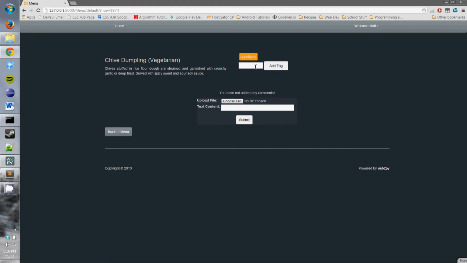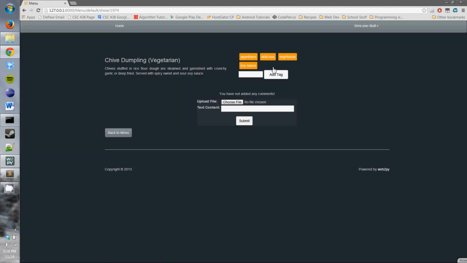For this one, we could add delicious. It says vegetarian here, so we'll also put vegetarian. We'll add soy sauce,